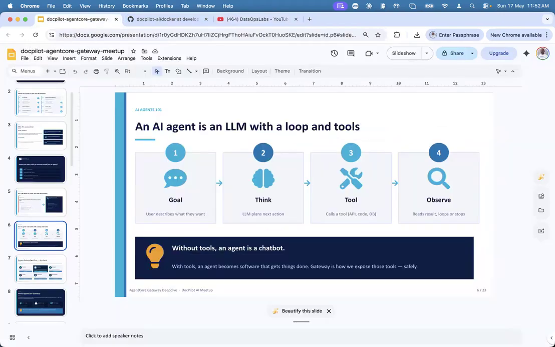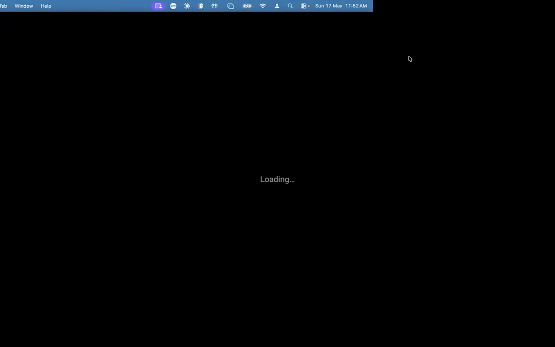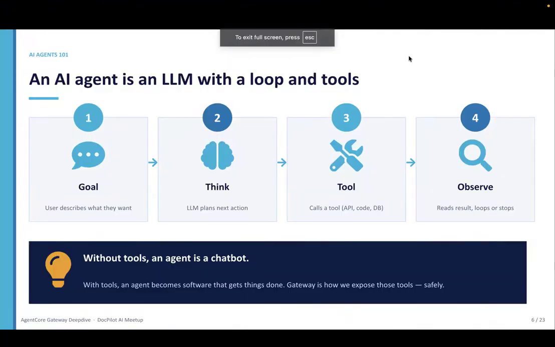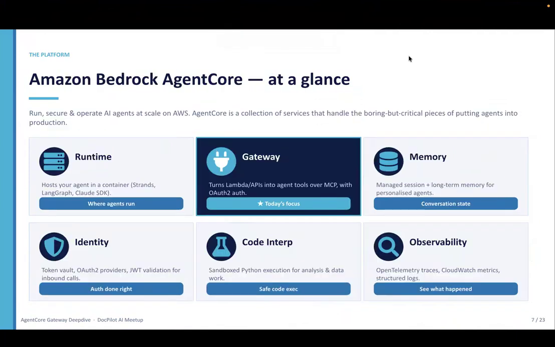I was thinking of cutting the session into two, part one and part two, but I feel like people are not taking that well, saying it is better to have continuity. So we have discussed runtime, memory, and code interpreter. Even during the memory session, we were discussing identity, how the session was maintained, and how the JWT token will be created and bound to a certain session, so that it creates unique information for your session. All that information we discussed.